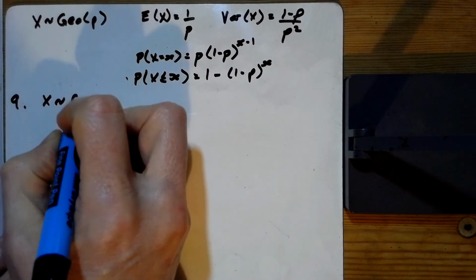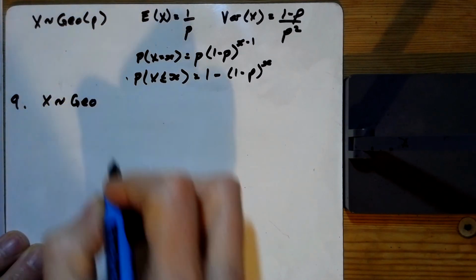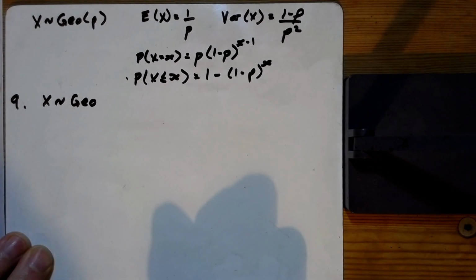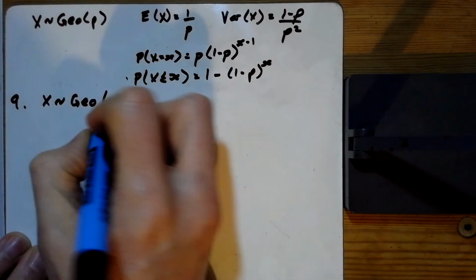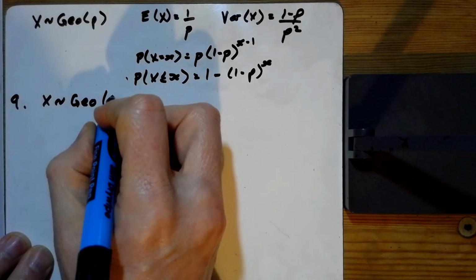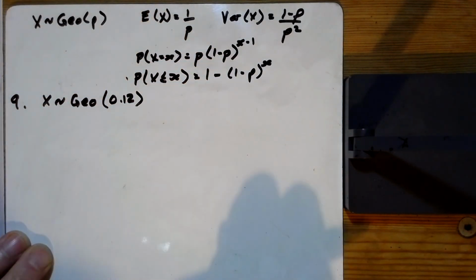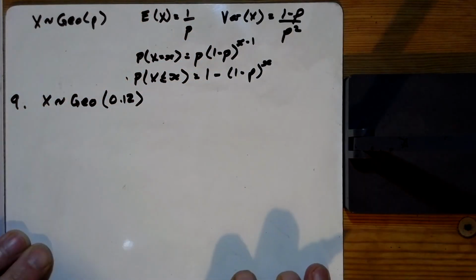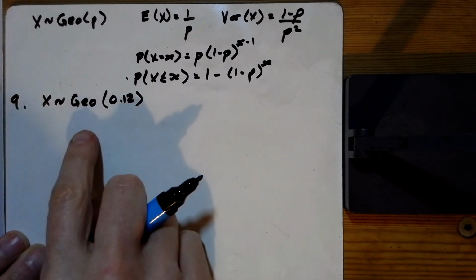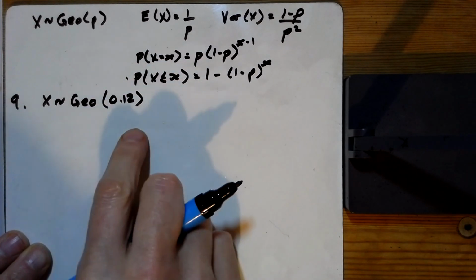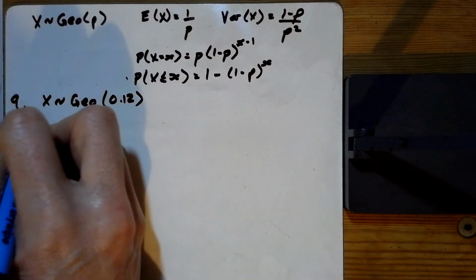Tabitha the cat is trying to catch fish, and we're assuming that each attempt of catching the fish is independent from the previous one, and that the chance of catching a fish stays the same at 0.12. The standard assumptions for the geometric probability are the same probability and independence. So if x equals the number of goes taken to catch a fish, it's a geometric, and so find the